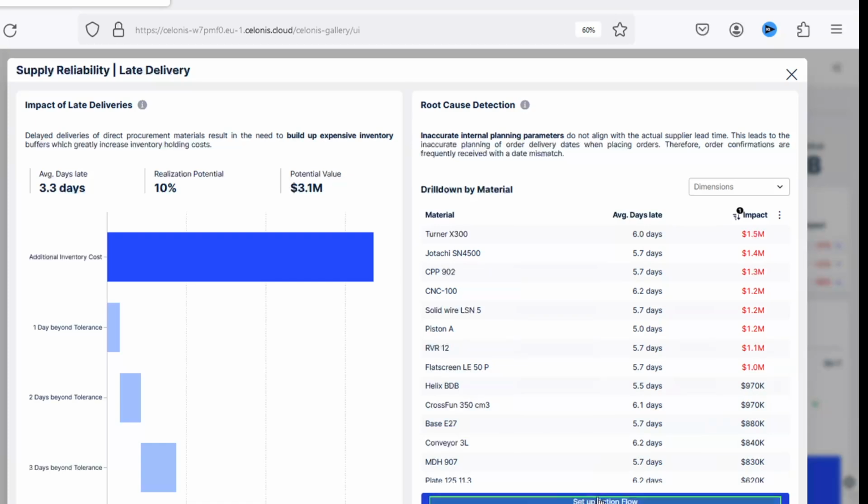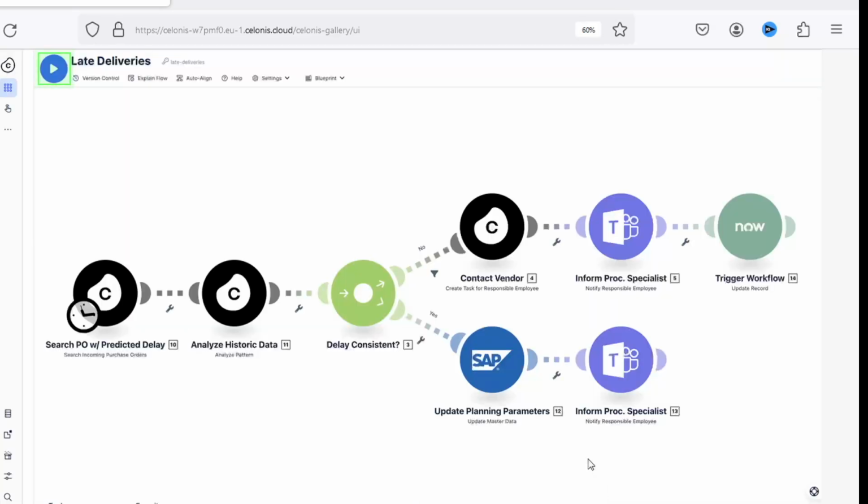You can set up an action flow, which would help you resolve this issue. This is the intelligent automation within Celonis, called action flow. This action flow bridges the gap between insights and execution by orchestrating all the moving parts across a complex technical landscape. It interacts with people, systems of record, enterprise workflow, and even RPA tools. So you can integrate this with